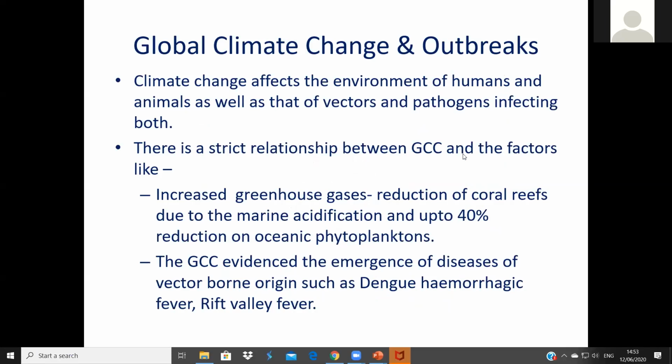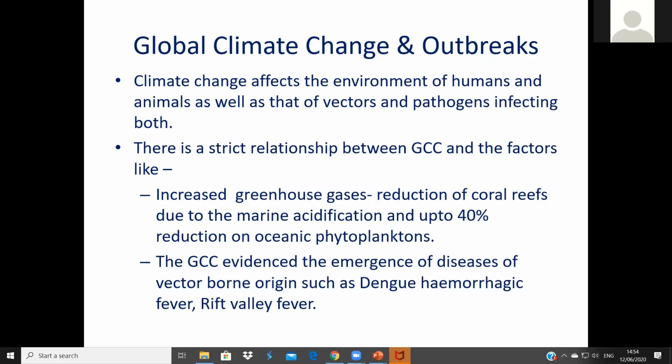Now, why do these outbreaks occur? While humans and animals were living happily as human evolution was taking place, not many diseases were talked about at that time. The reason could be that not many diagnostic facilities were there. But still, slowly and steadily after this new century has come up, we are seeing more and more diseases.